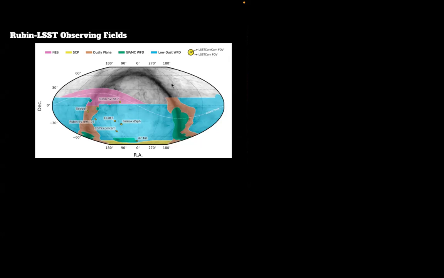These different yellow patches are the preliminary observations that happened from October to December of 2024. It is kind of a trailer of the Rubin-LSST. For this, the full camera is not used. If this is the field of view of the LSST full camera, for the yellow regions only this small white patch is used. This is the LSST ComCam field of view, which is much smaller compared to the real LSST field of view.